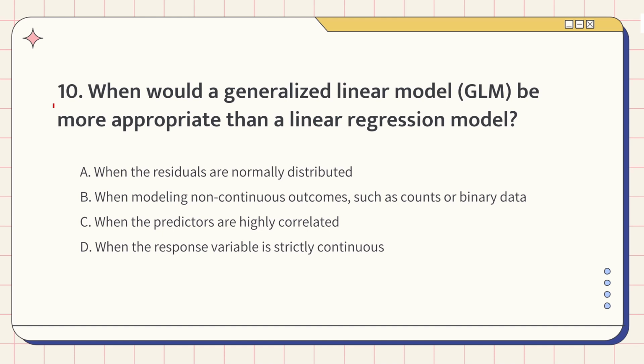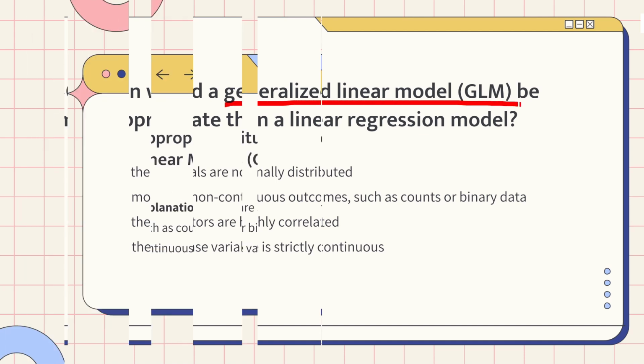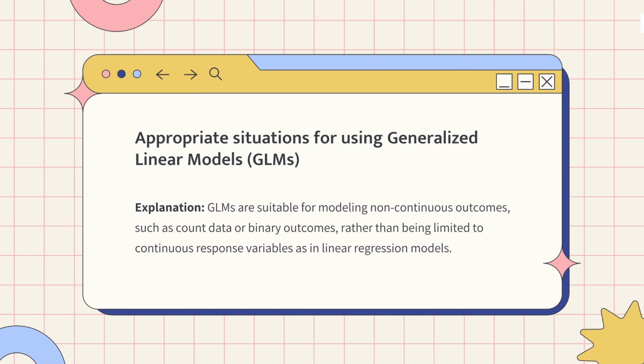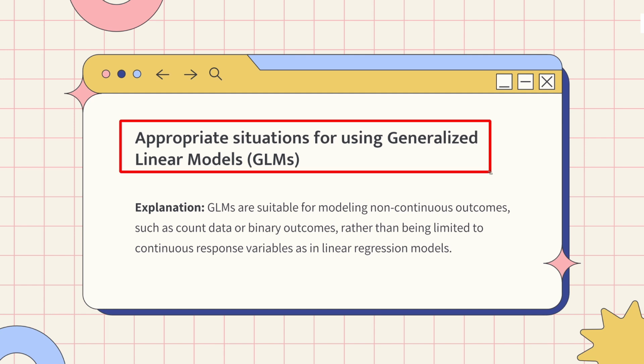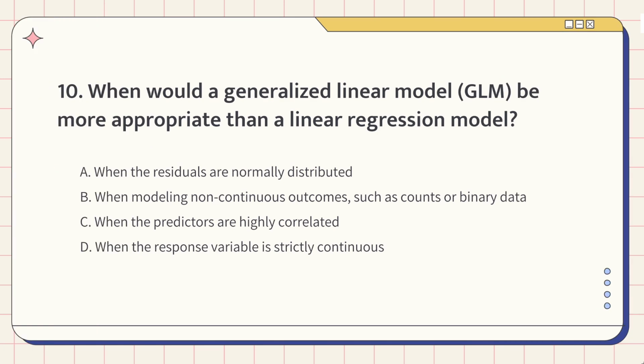Question 10. When would a generalized linear model be more appropriate than a linear regression model? This question tests appropriate use of generalized linear models. The knowledge points of this question are appropriate situations for using generalized linear models. GLMs are better when you're dealing with non-continuous outcomes like counts or binary data instead of just continuous variables. So the correct answer is